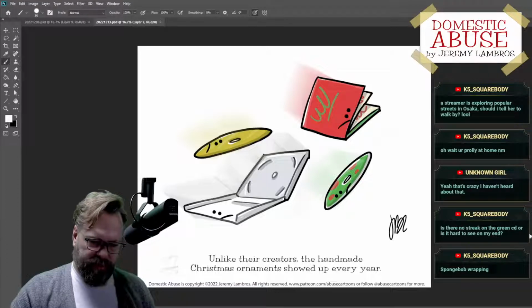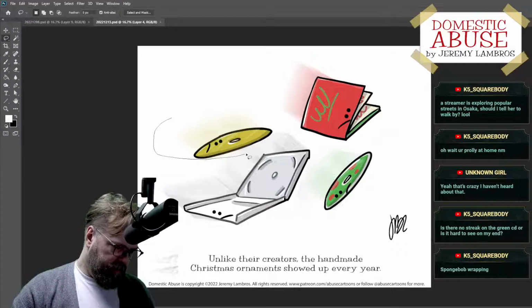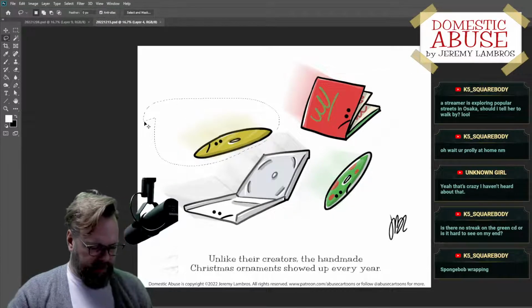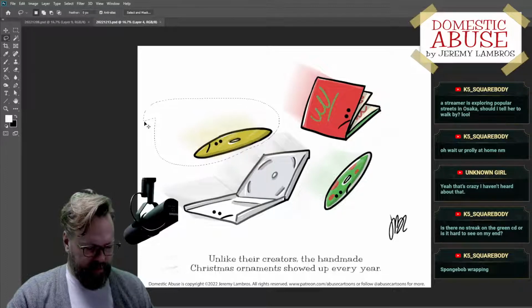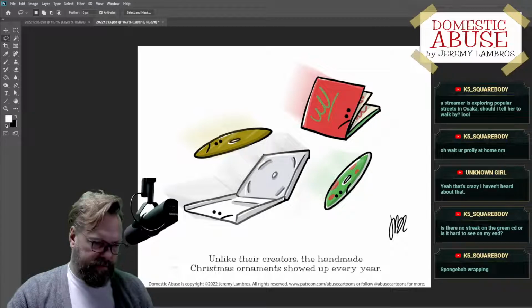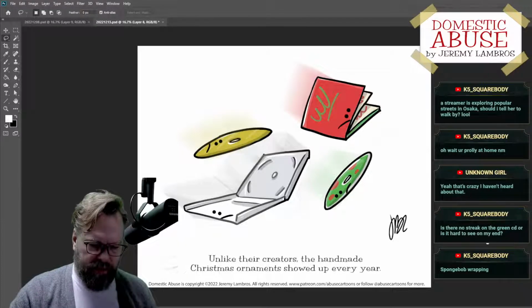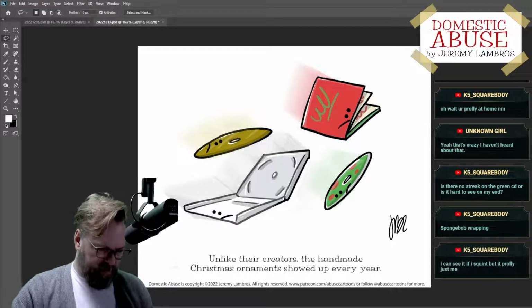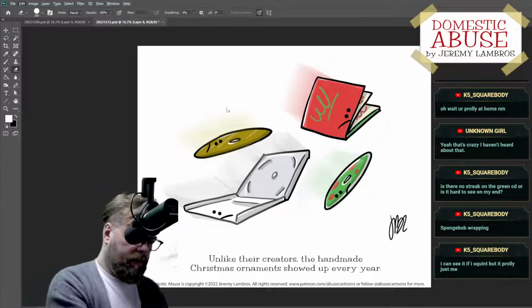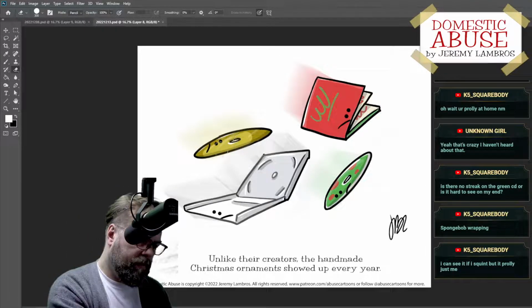Let me see if I can duplicate it. Do another layer. Thanks, K5, that's a good point. Multiply might give us, yeah, it's just really light. Oh, I don't need the CD. Come on. Color. Yeah, I just need